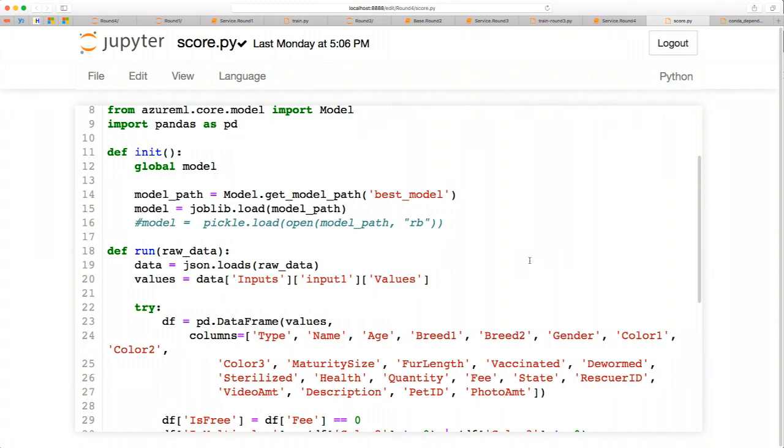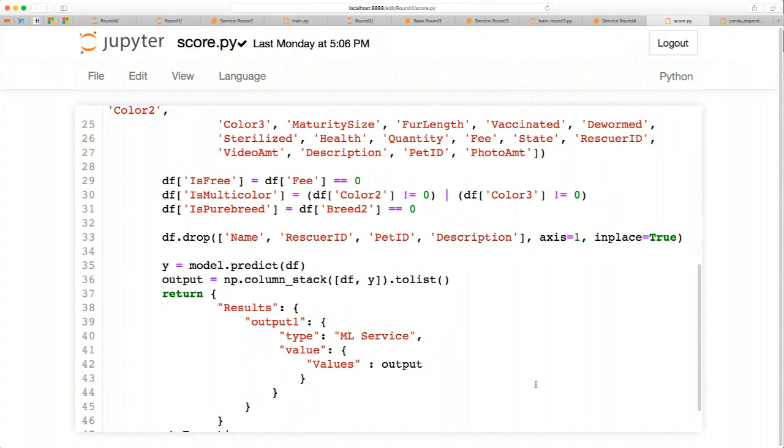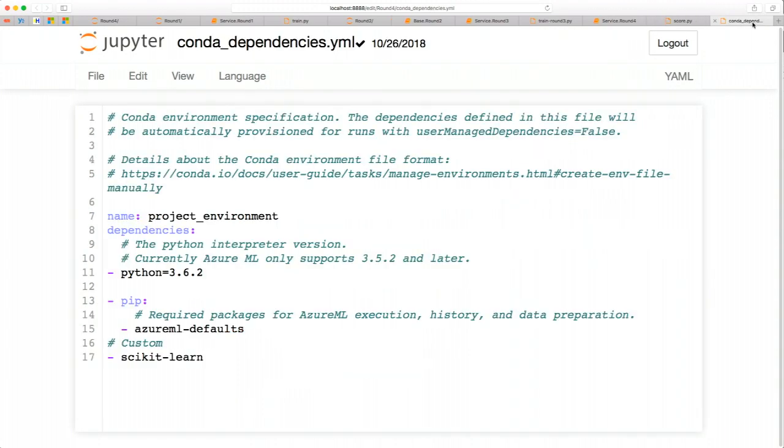It doesn't have to be JSON. Parses it and runs a prediction over it. In my case, I complicate things a little, but yeah, it works. And the conda dependencies, well, that's just scikit for me. But you can have here any dependencies your script might require. And those will be installed automatically on the Docker image.